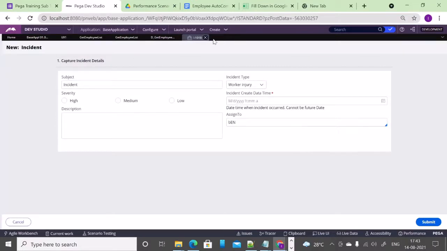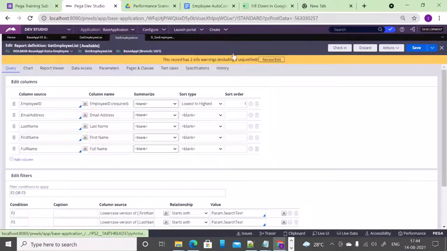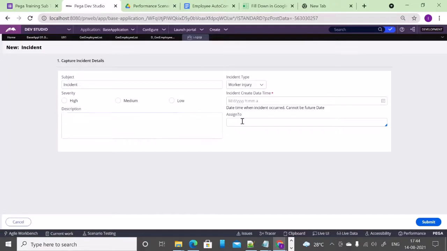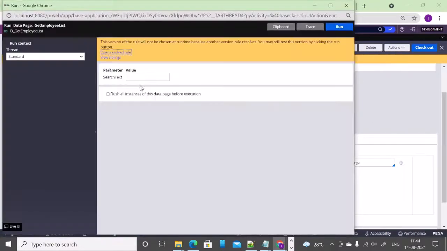Let me create a new case and check if it is working as expected. So let us do a unit test on the data page.